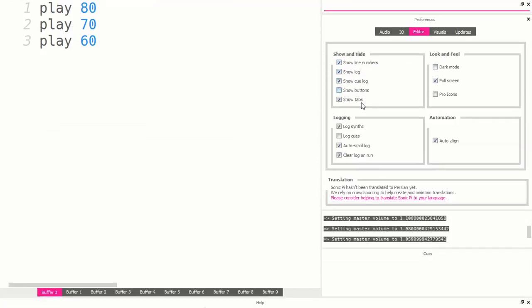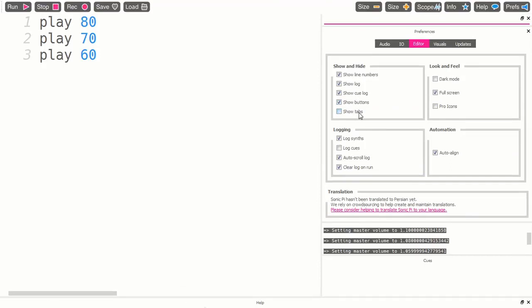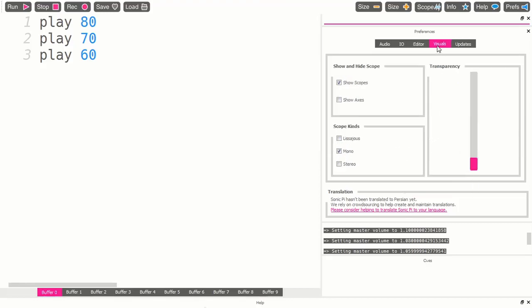Show log, show cue log, show buttons. Okay, buttons disappeared. Now again appeared. Show tabs, buffers or tabs, at the bottom you can see, and some other features. Visuals,